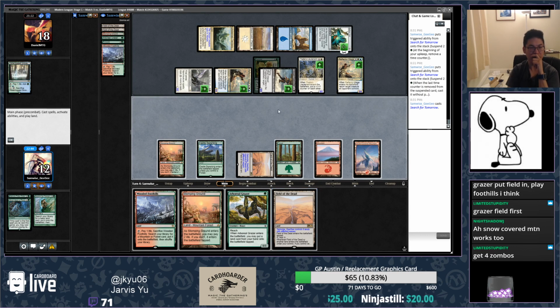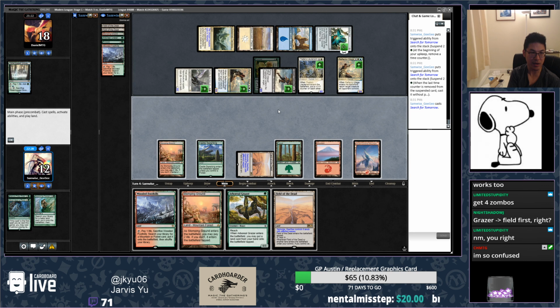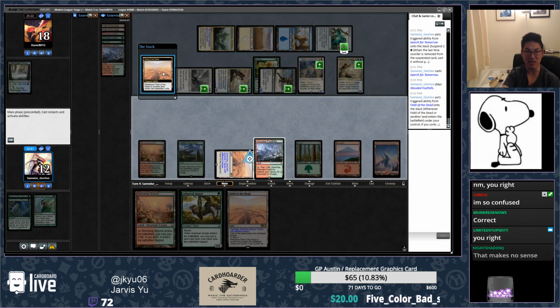Is that right to do, actually? If I Grazer field first, don't I only get 4 zombies total? I should play the fetch first, right? Because that gives me 5 zombies, right? Okay. I was really confused because people were saying things that...